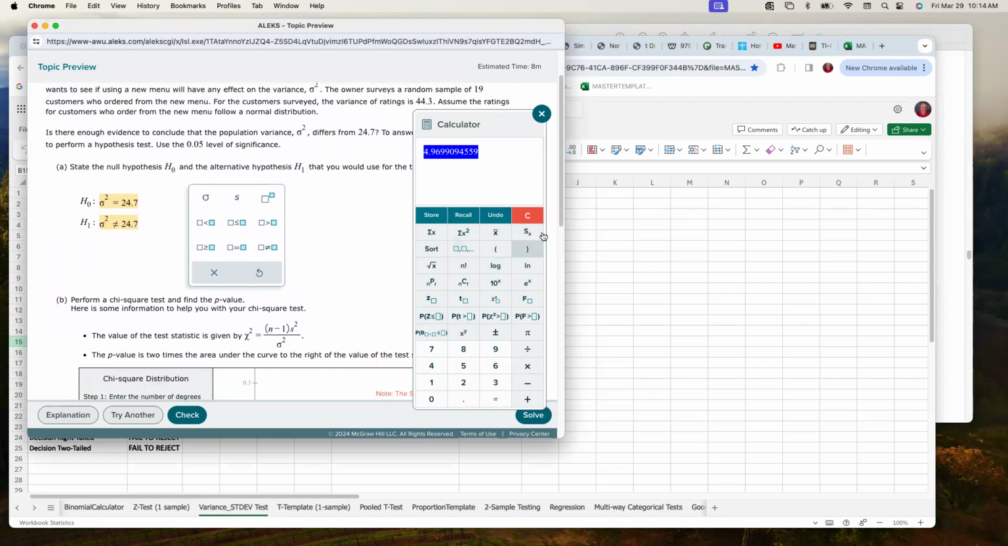Yeah, 44.3. Sorry about that. That should have taken the square root of 44.3. So let me do that. Excuse me for that sidebar there. Okay, so let's round that to 3 decimal places. So we'll say that's